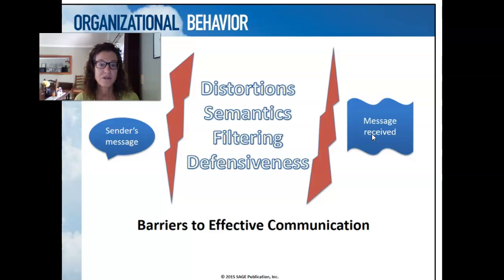Of course, language proficiency can act as a communication barrier when people are not proficient in the language that is used for communication, or if they have very heavily accented speech, that can reduce their ability to appropriately encode the message or reduce the receiver's ability to correctly decode the message. And this can happen when we speak the same language. This is not necessarily a barrier just when communicating in different languages, but for example, the American version of English is very different from the British version of English. The Castilian Spanish is different from the Spanish spoken in Mexico and other Latin American countries. And so this can also act as a communication barrier.